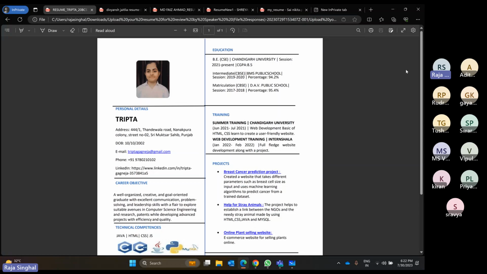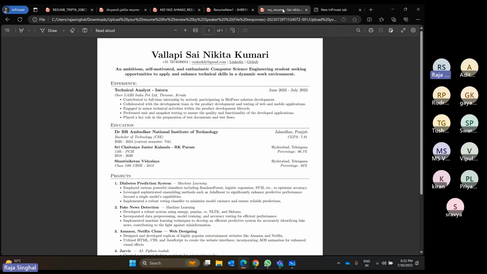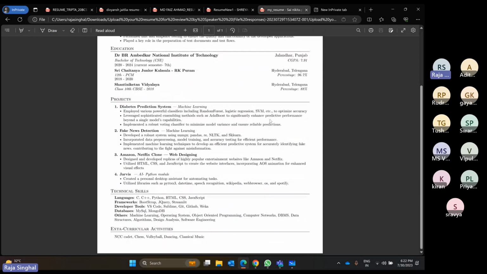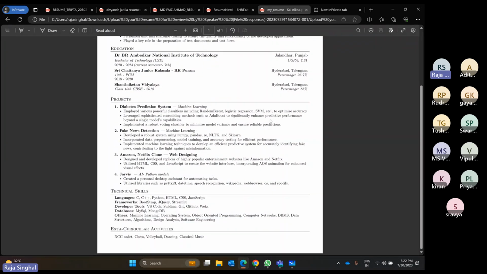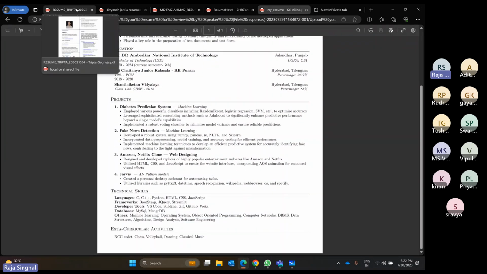Just pick any simple, neat and clean template. For example, this one is simple and covers all the major sections. Try to pick this type of format when creating a resume.